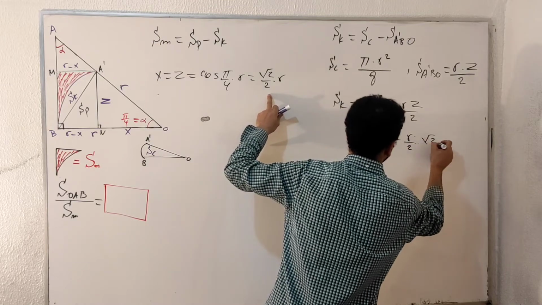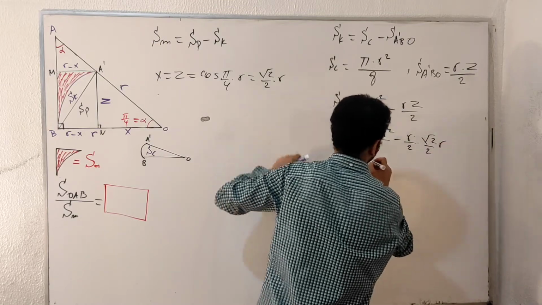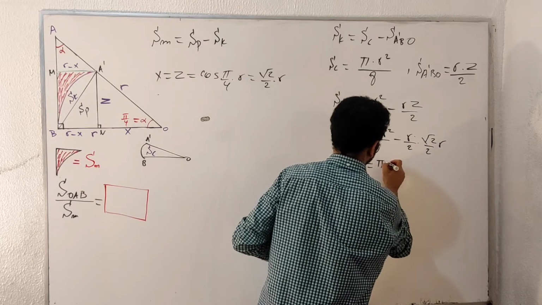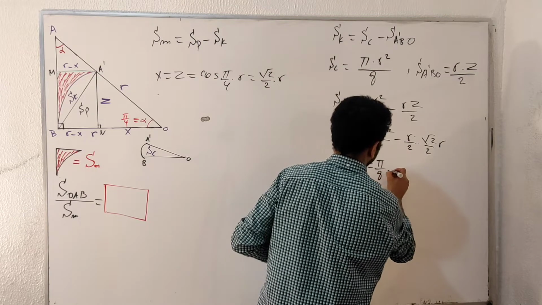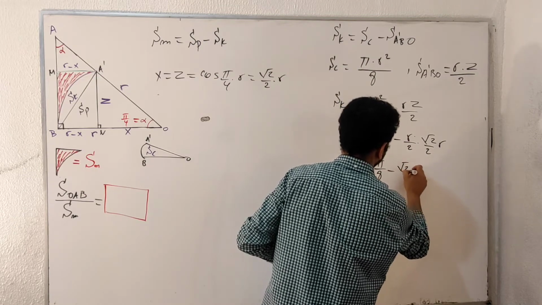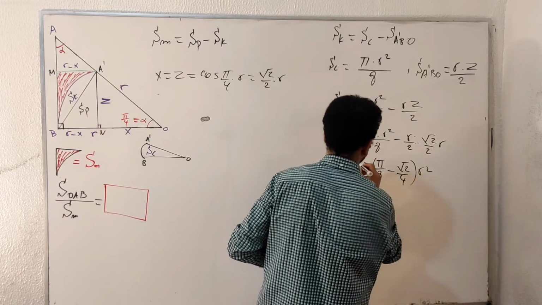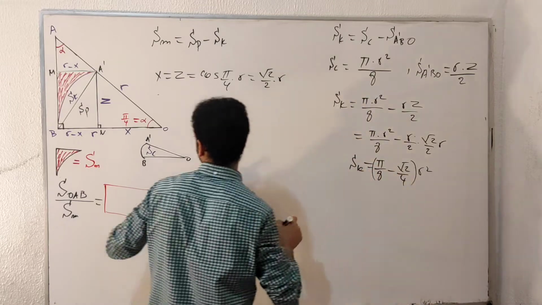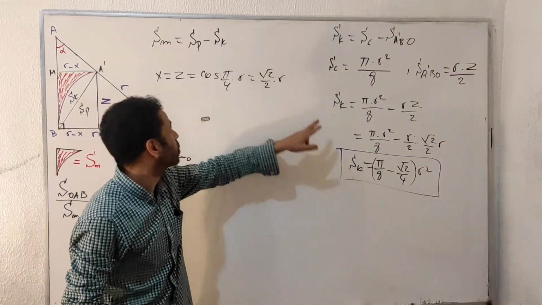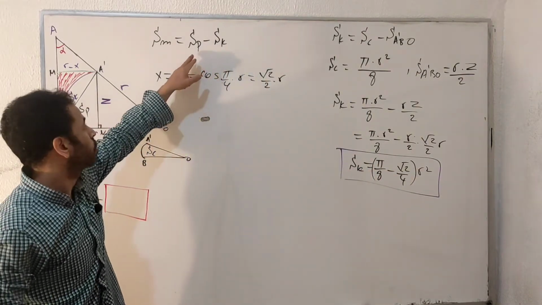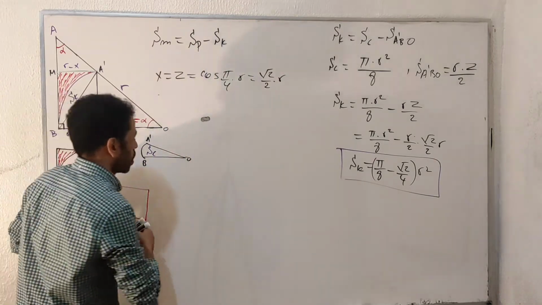Z equals square root of 2 over 2 r. Okay? Which equals pi over 8 minus square root of 2 over 4, the whole thing multiplied by r squared. So this is Sk. Okay, let's take this expression of Sk and replace it into the erosion equation. Okay, so we'll have Sm